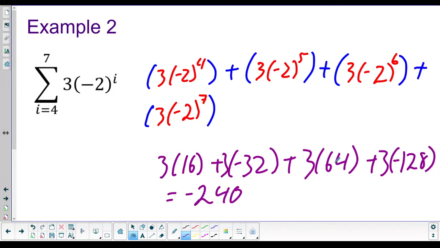You could go through and simplify these, but it's probably just as easy for you to type all of this stuff into the calculator. Just make sure that these negatives, you're putting them in parentheses or you're putting a times symbol in between them. Otherwise, you might accidentally do like 3 minus 32 in your calculator, and then you're going